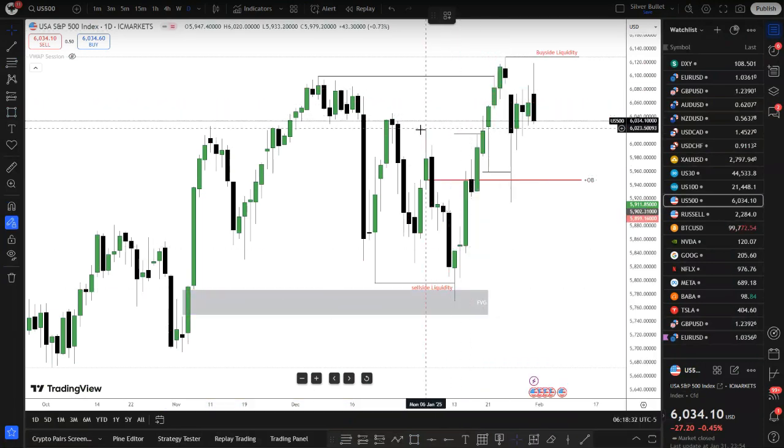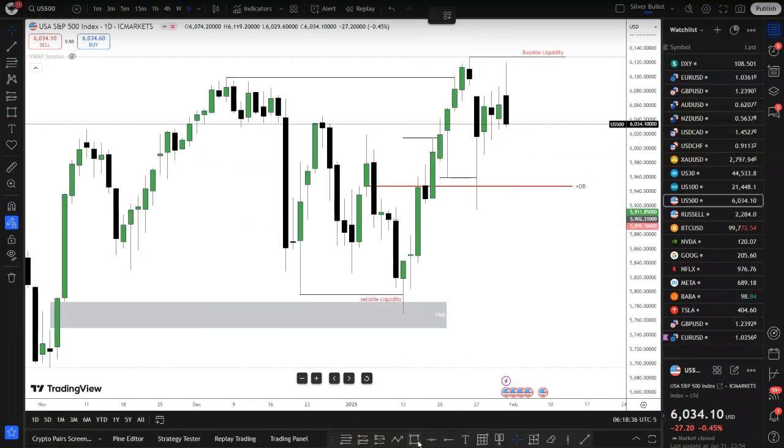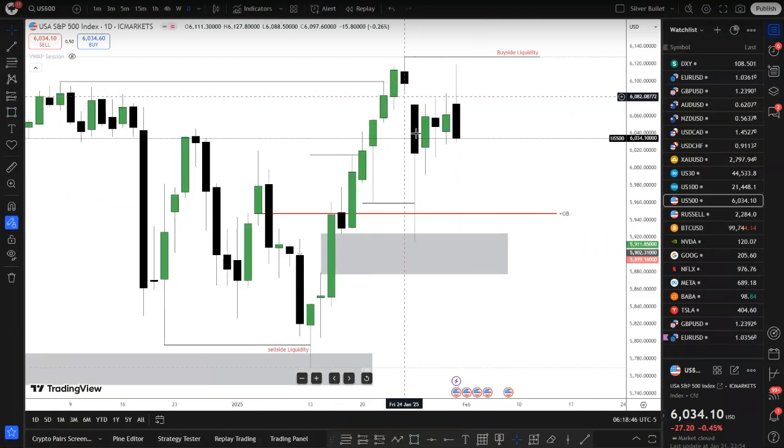We checked into it, pushed above this high here, broke above, market structure shift to the upside, returned back down into what? Into discount array. What do we have? A discount. We have a fair value gap here. What else do we have? Fair value gap and order block. If you're going to use the weekly as well, checked into exactly that, then pushed to the upside. So which means now we have this volume imbalance here.